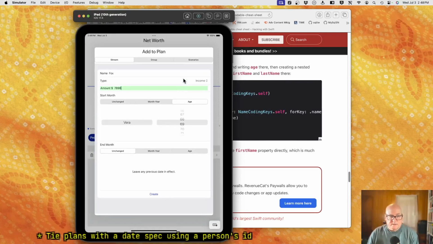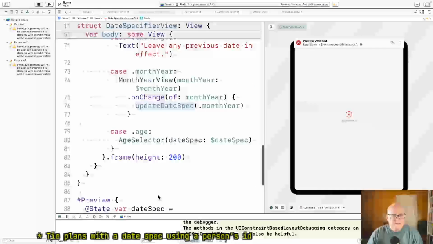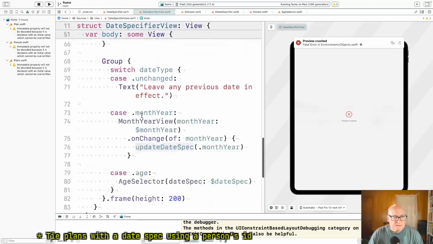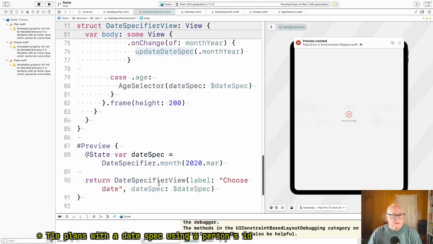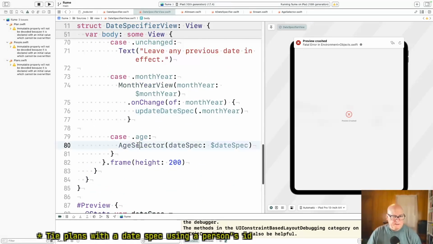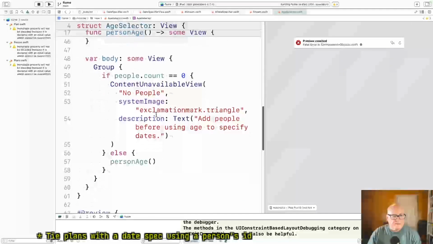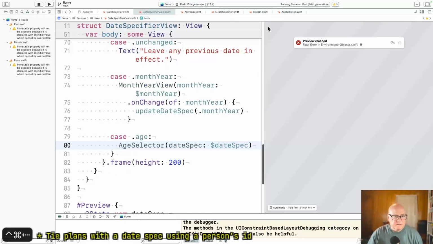If here is there, I can select it. That makes it sound like something's maybe wrong in our preview. Oh, we don't have any people, but age selector should take care of that, right? If people count is 0. But maybe I need to give it empty people.